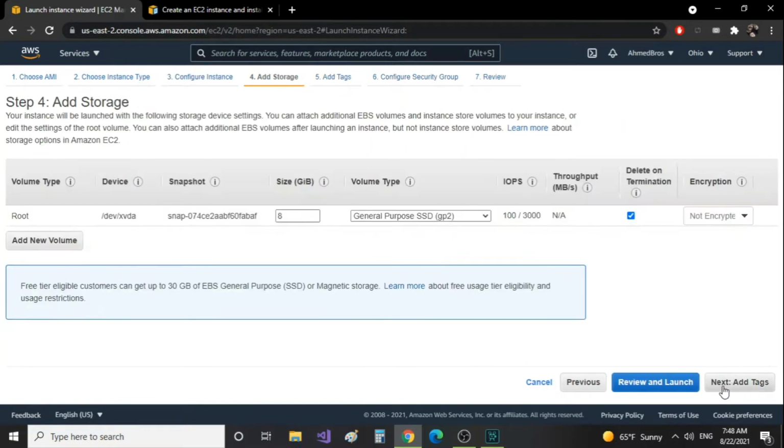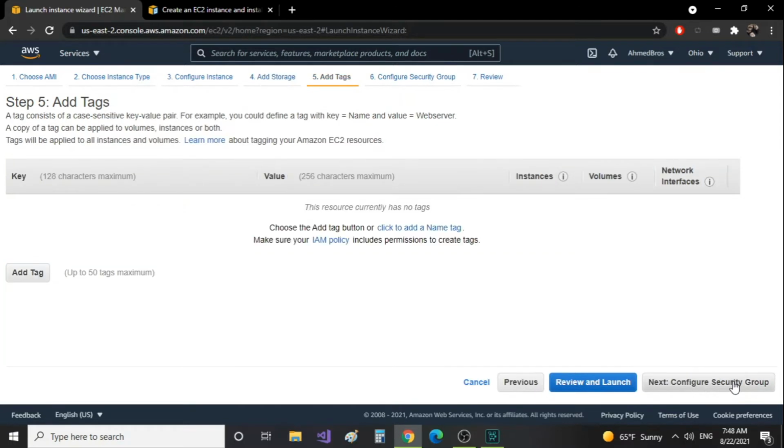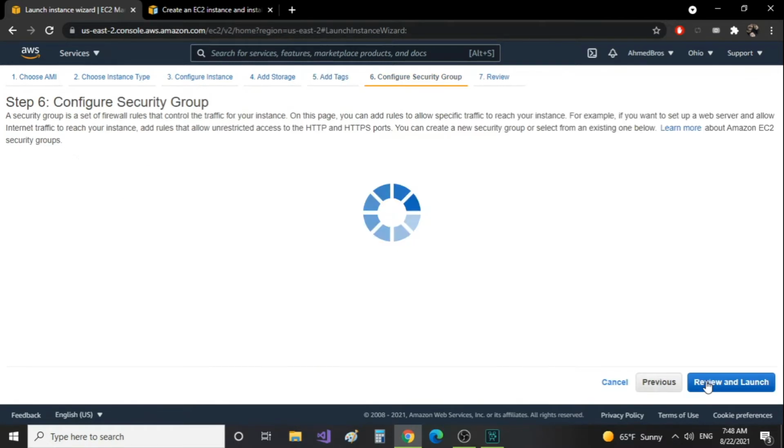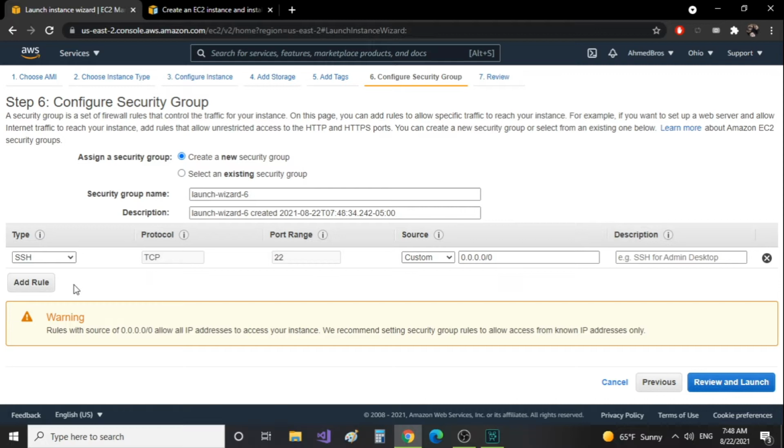So for storage, again, we'll go with 8. If you want to increase it, it's actually going to charge you for that, so just keep everything as default. Tags, there's no need to worry about tags here. This is the part where you're just going to have to add another